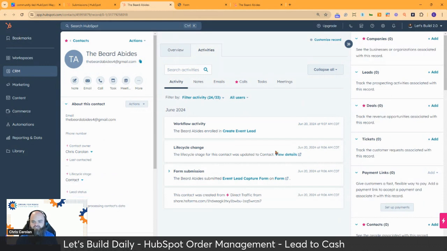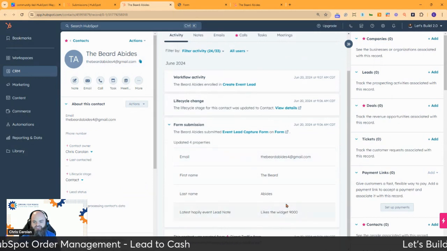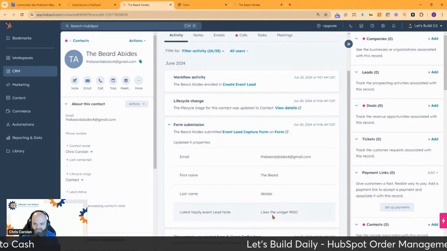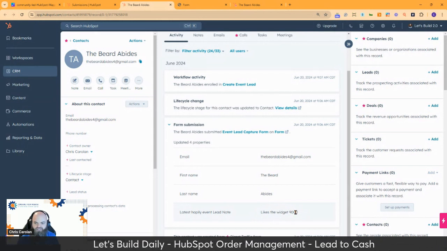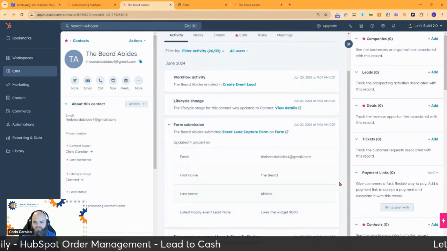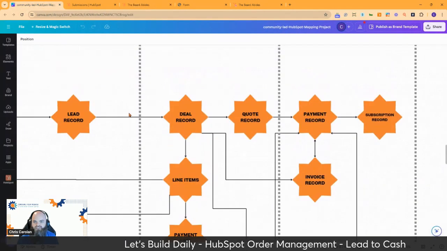And we see that we've got the form submission. And at this point, this is what I mean, that if we know which product they like, either they're noting it here, in this case maybe it's the salesperson noting it at the event as they input the lead, maybe they fill out a form directly on that product page. And this is the difference between